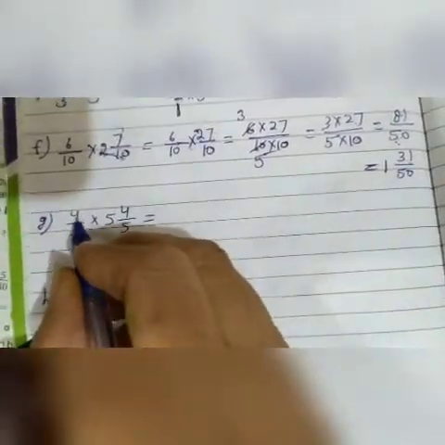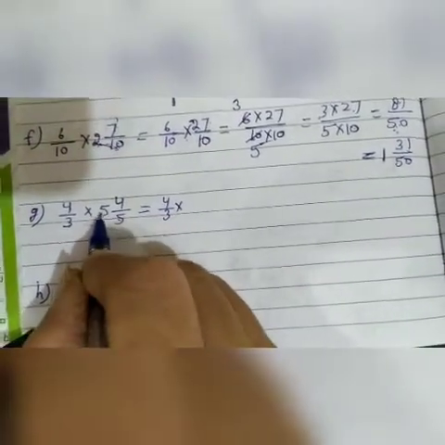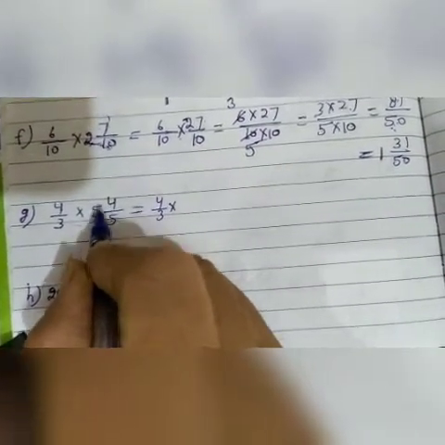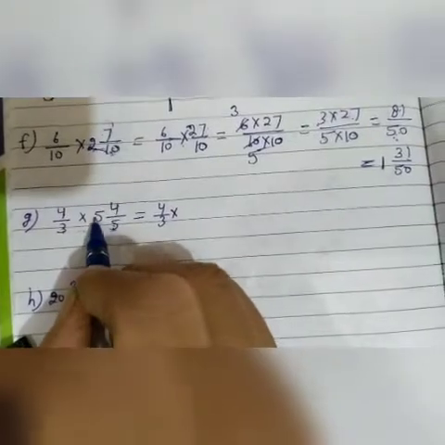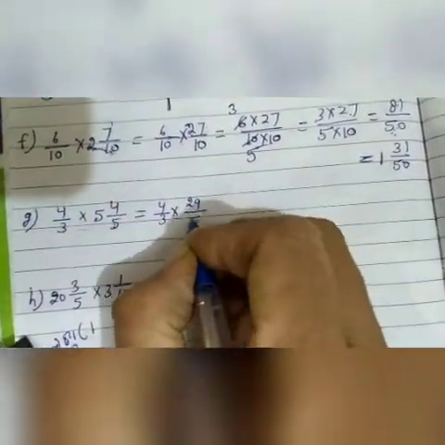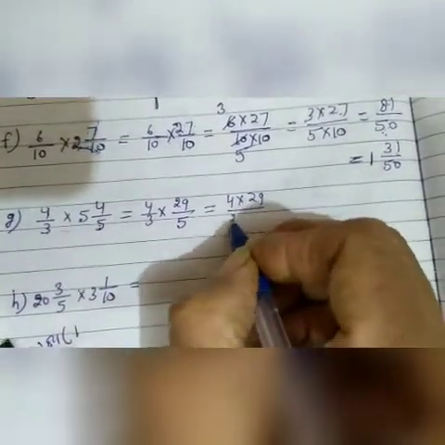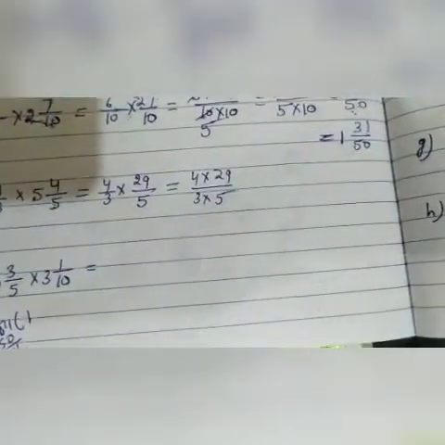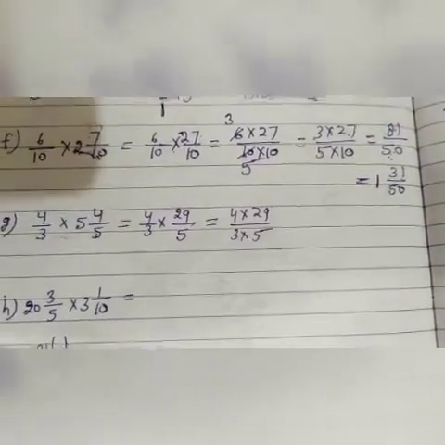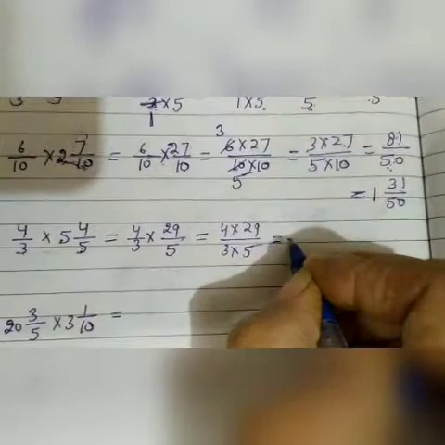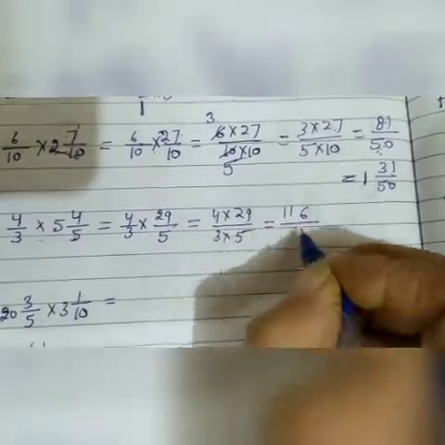Come to next. It is 4 upon 3 into 5 5 ja 25. Now we will add this 4 to 25, or we will multiply? We will add. 5 5 ja 25, 25 plus 4, 29 upon 5. Now it is 4 multiplied by 29 upon 3 multiplied by 5. Students, think whether we can simplify any number or not. No, we cannot simplify. So we will multiply. 4 9 ja 36, carry 3, 4 2 ja 8, and 3, 11 upon 3 5 ja 15.